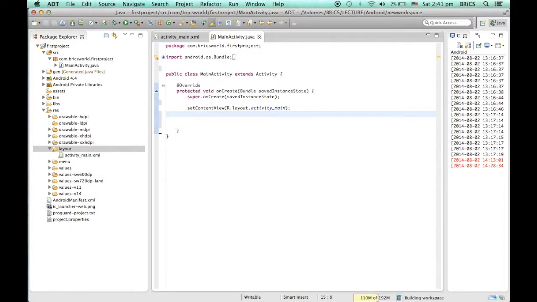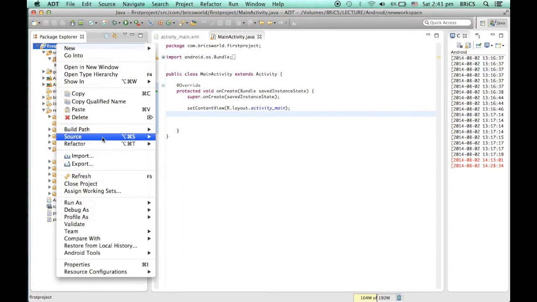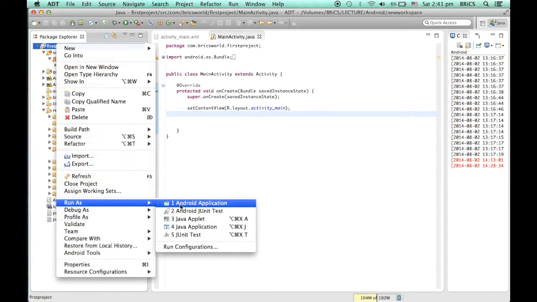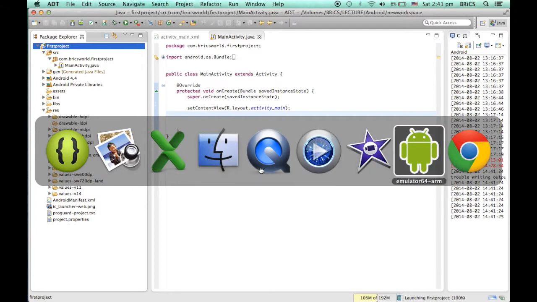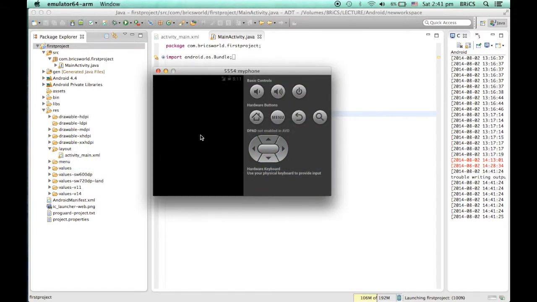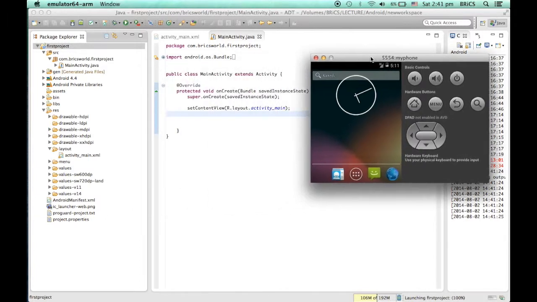This will set that XML file as the layout of your project. If you are interested, you can run this project for a while and see what's happening. Let's run it using Run As Android Application. In our computer we already have this emulator running. On the emulator you will see this layout.